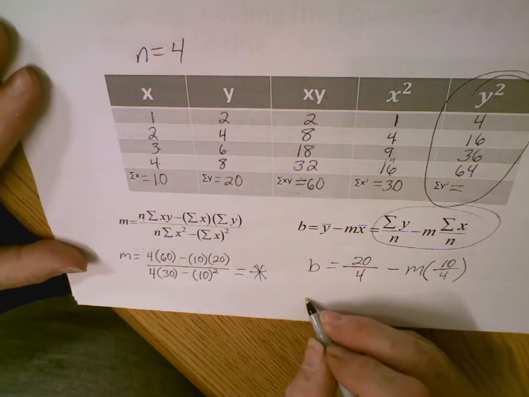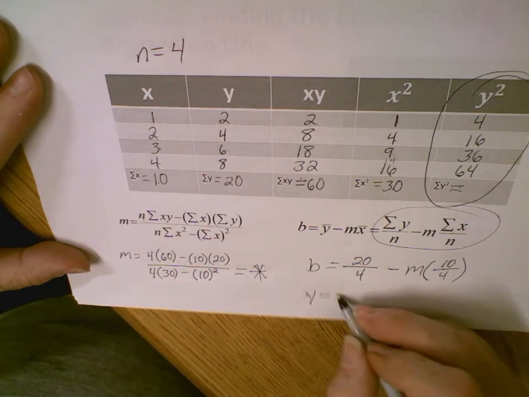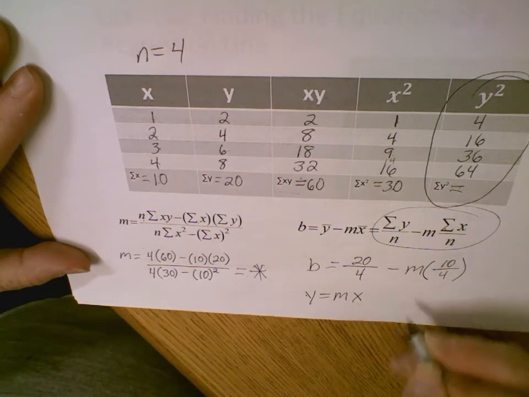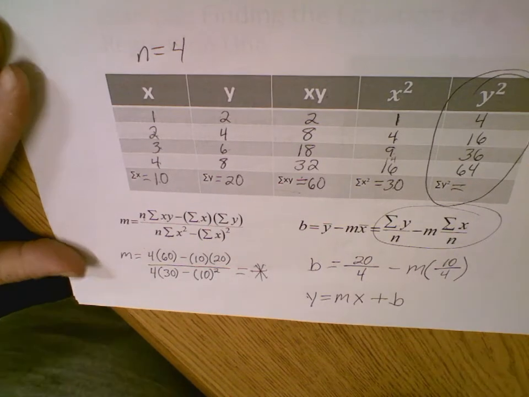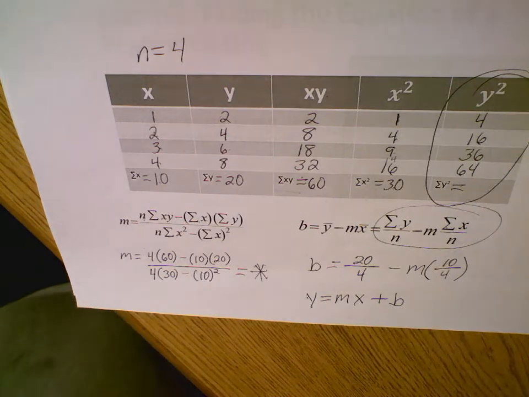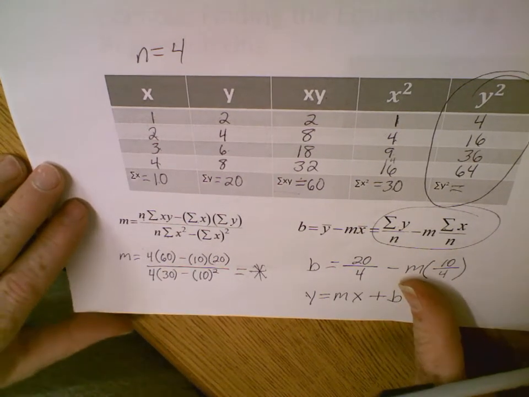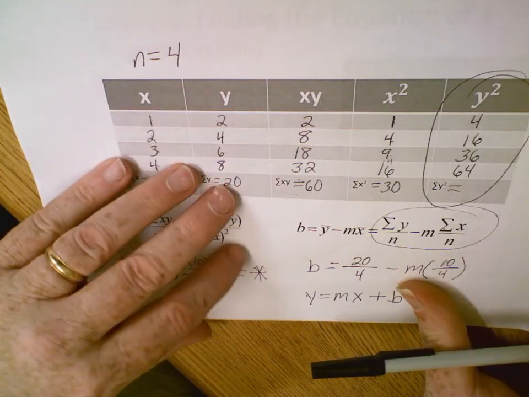So then we could just write the equation, y equals whatever this slope is, times x, plus whatever this b is, when we do all the math. That's what you do if you do it out longhand. Again, most of the stuff we're going to do on the calculator, but I'm going to show you a problem, work it out longhand, and then I'll